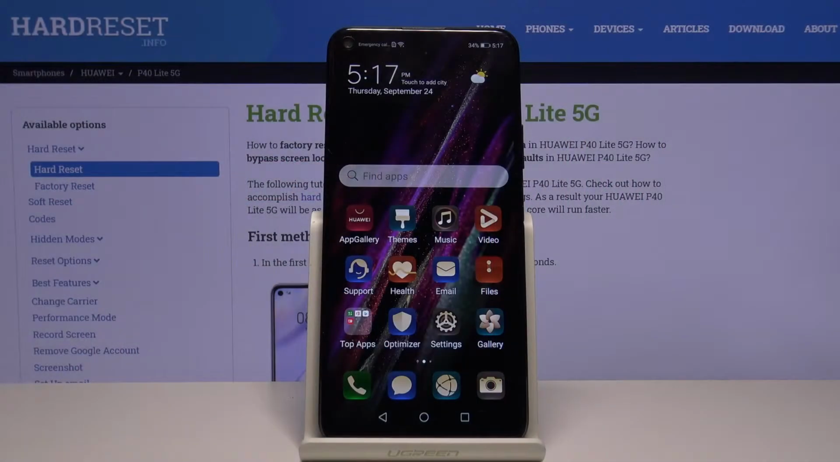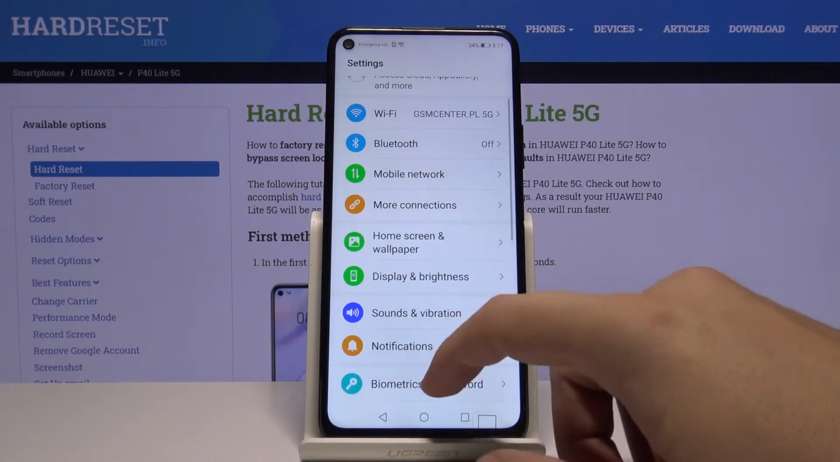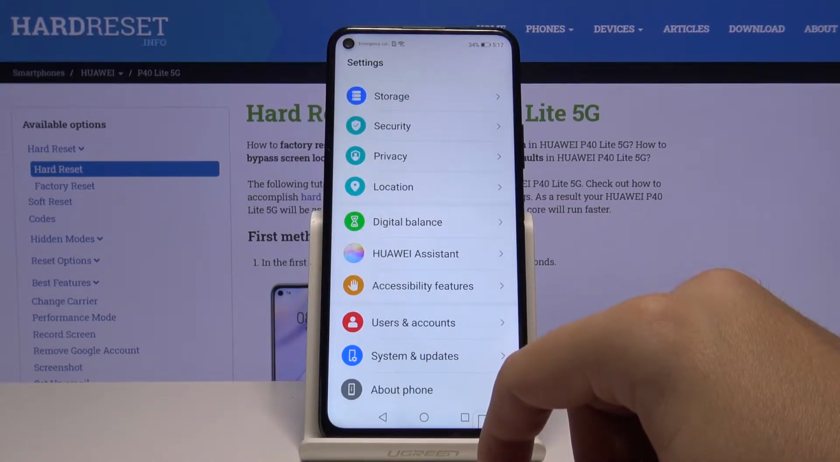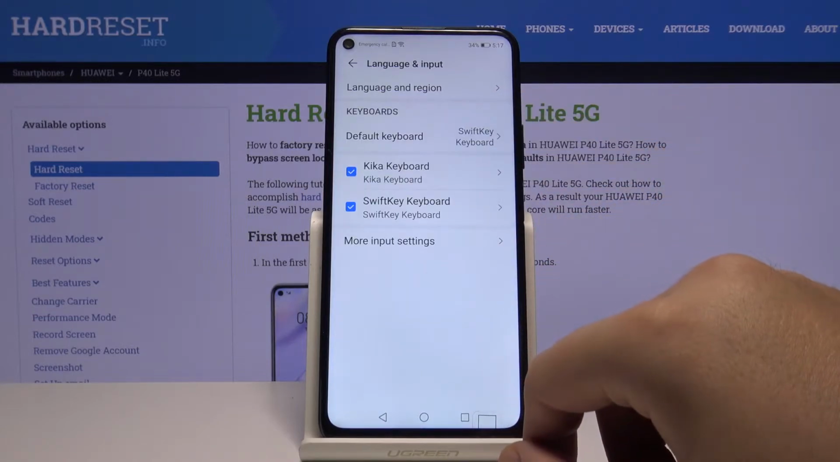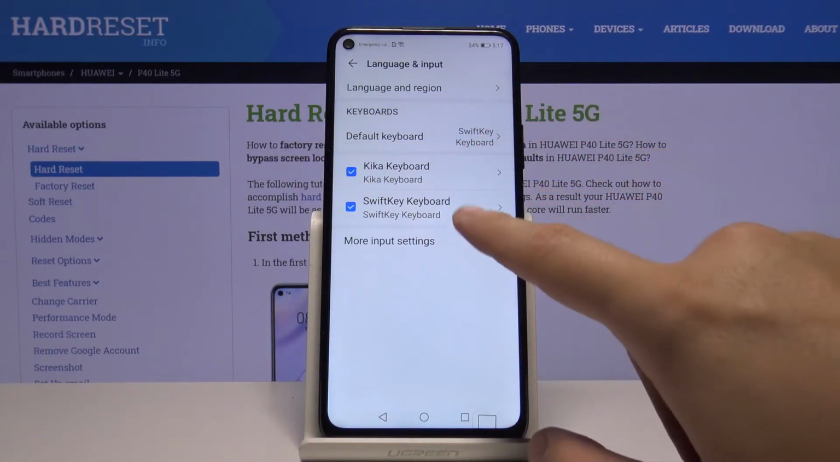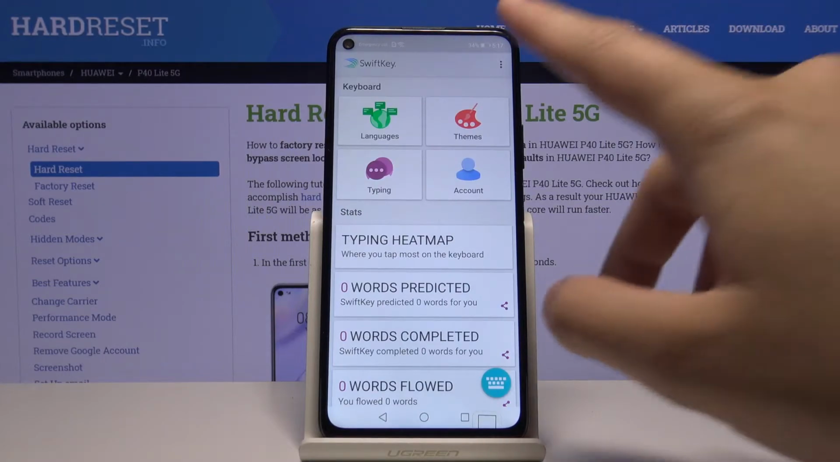Welcome. If you want to change keyboard theme in your HUAWEI P40 Lite 5G, let's go for the settings, scroll down. Right now we have to go for the system and updates, tap on the language and input, and select the keyboard, the default keyboard, so we have to go for the SwiftKey keyboard, tap on the themes,